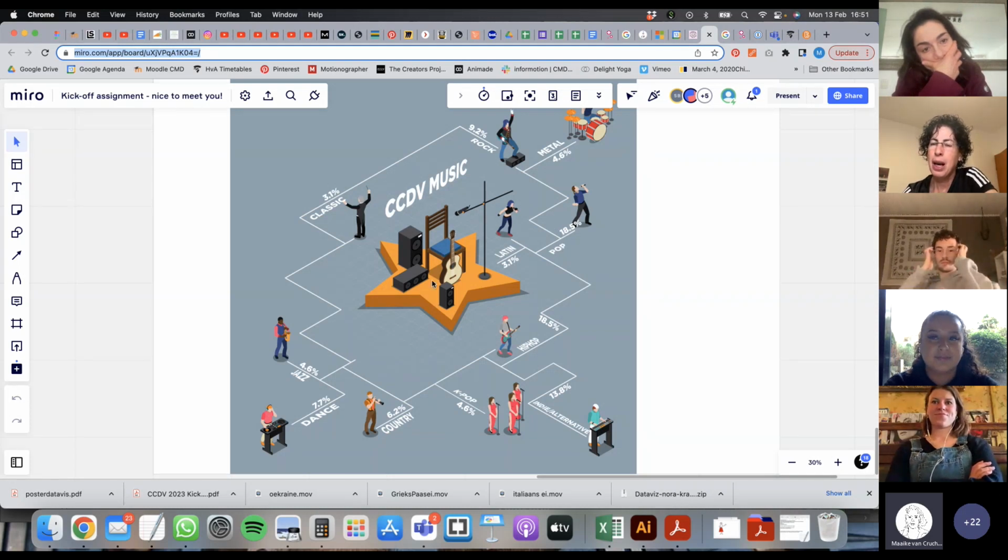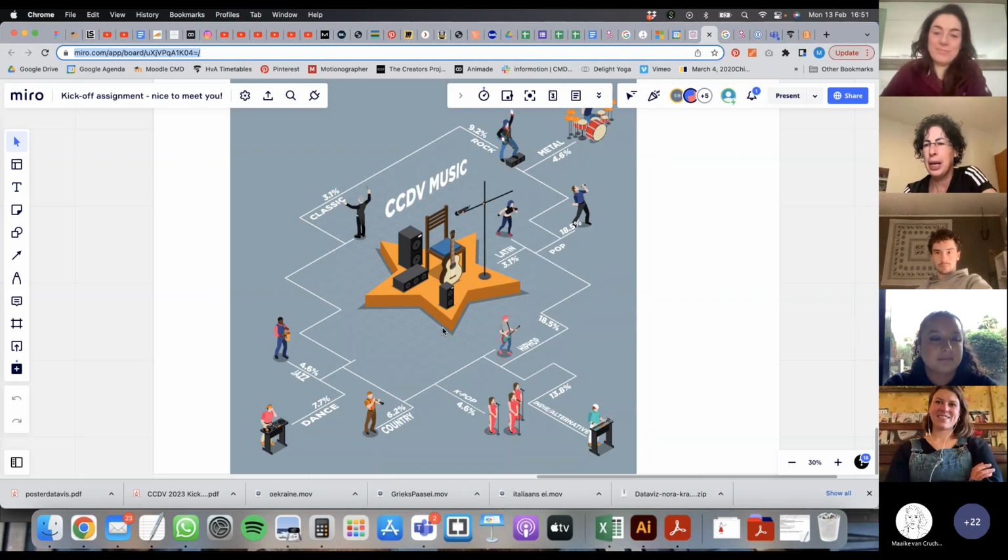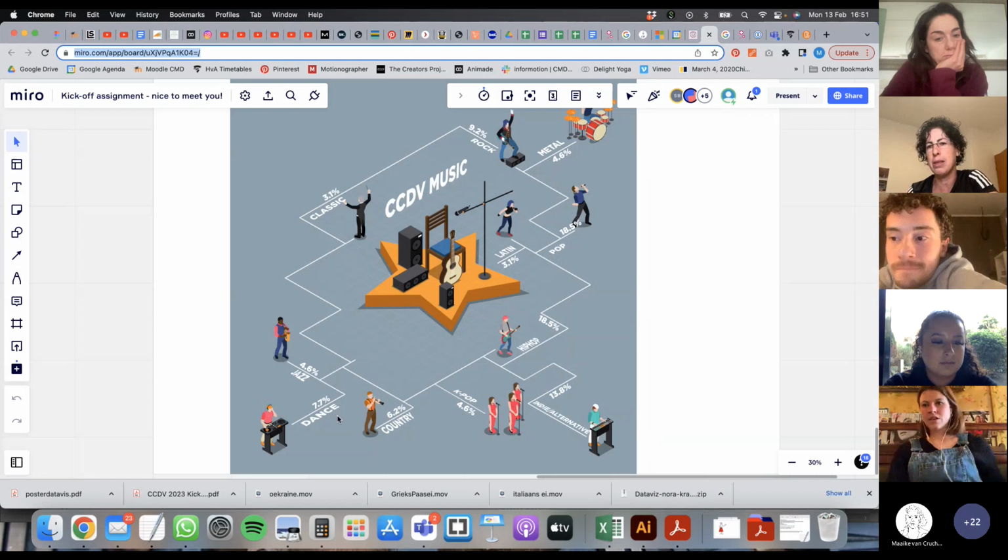I think it's really awesome with all the characters. It really gives you a sense that you visit a sort of venue of music. My only comment is that you need to be a little bit careful when you put a number next to a line, because of that correlation. It looks like it has this meaning.